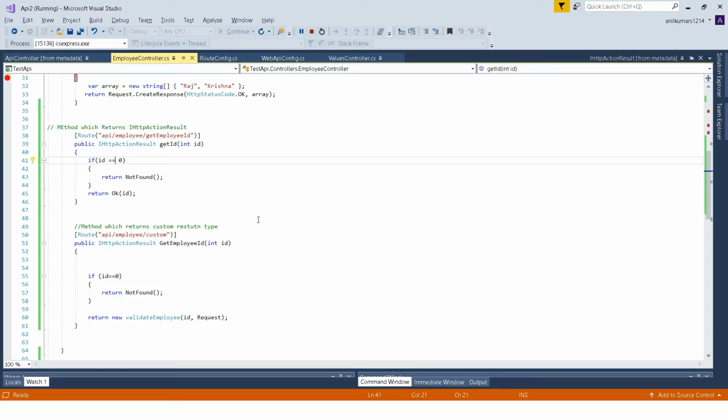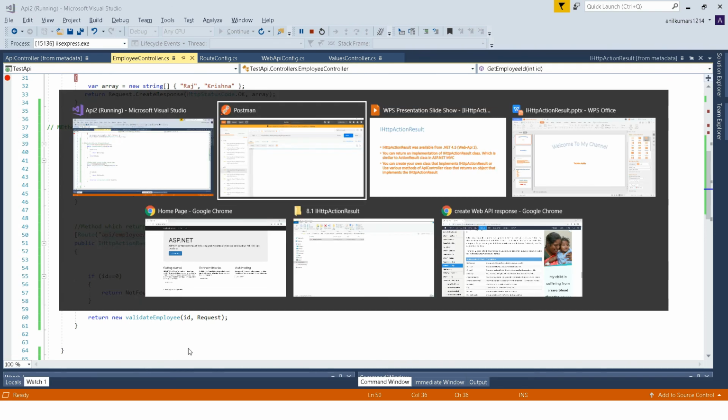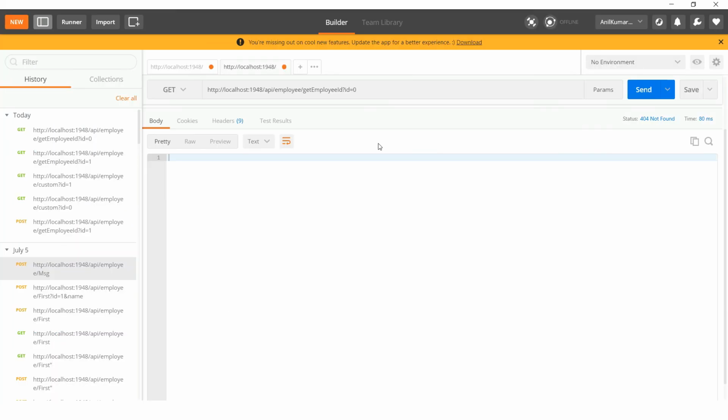The same thing works here as well. So I'm taking this route. I'll give ID 0 now. Let's see.